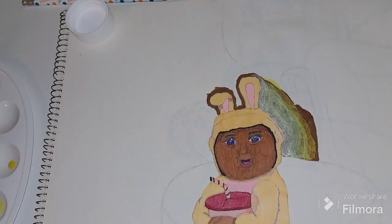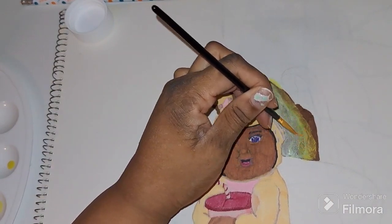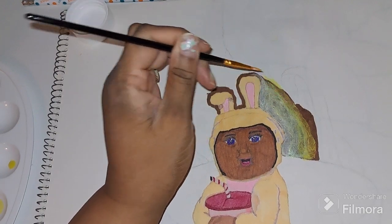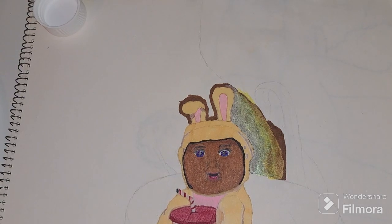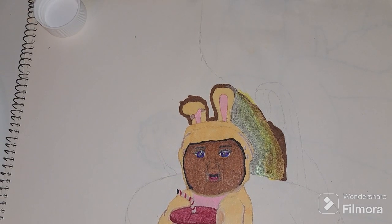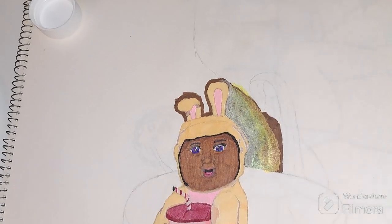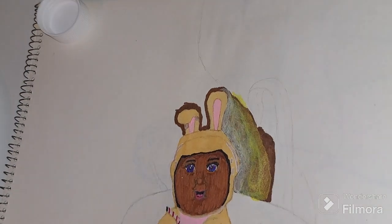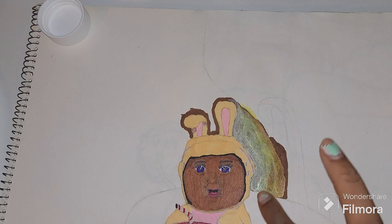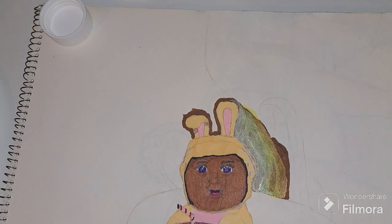I can see the bottom coat is starting to dry. Kind of see a line there where it started drying. Okay, camera cut out, but this is what it looks like so far. It still needs to dry, but you can see a little bit more of the shininess as it dries. I don't see the iridescent effect yet, but I guess it's because I need to have this a little bit darker in here so that you can't see the brown through it,